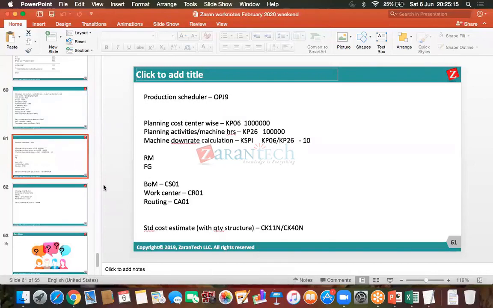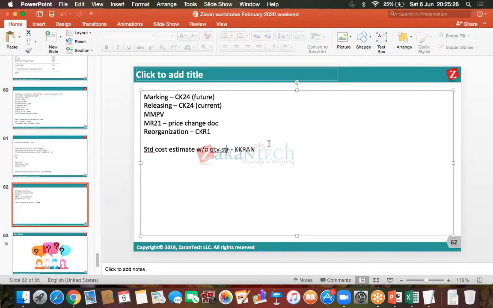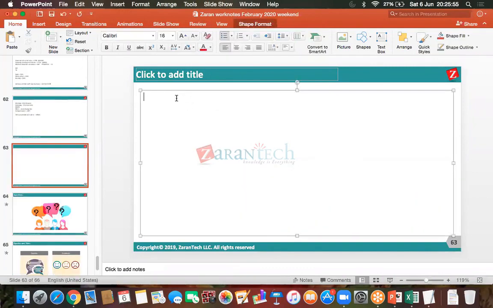You just have to practice till this one: how to get the standard cost estimate from CK11N with quantity structure. Without quantity structure also, we have the transaction code KKPAN. And what is a quantity structure? Quantity structure is BOM plus routing. BOM, bill of material, and routing. These two together form the quantity structure. All right, fine. So this is about product costing. That's it. Now let us start a new topic: